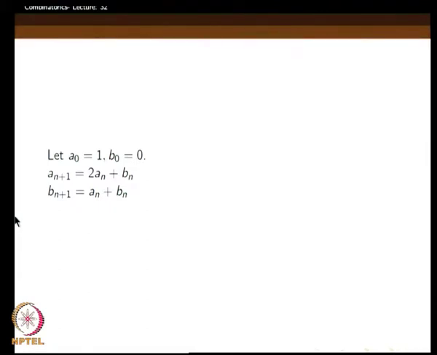We were describing a recurrence relation involving two sequences of numbers A0, A1, A2, A3 etc., and another sequence B0, B1, B2, B3 etc. The recurrence relation for A